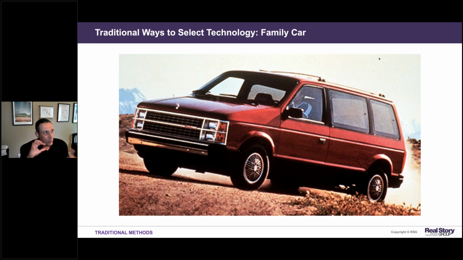The next kind of traditional way that I like to point out is this notion of the family car. I know when I got my license, I had these illusions that I would get a new car immediately, some fast race car, preferably red. And what ultimately happened when I brought this up with my family is my parents said, well, we already have a minivan, and that's the car that you're going to get.